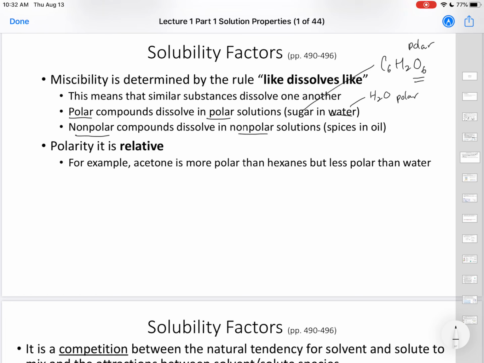Nonpolar compounds dissolve in nonpolar solutions, and spices are nonpolar. A lot of the aromatic smells like cinnamon and garlic and these kinds of aromatic spices that we like to use in cooking, the particular aromaticity of the spices is due to nonpolar compounds. That's why when we often start cooking something, we take the spices like the garlic and the cinnamon and